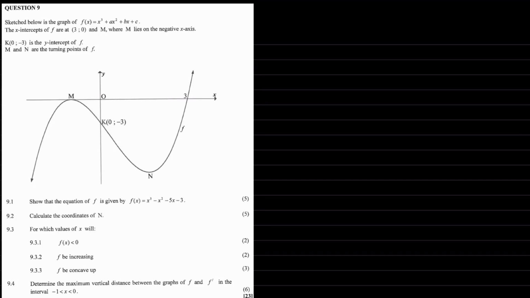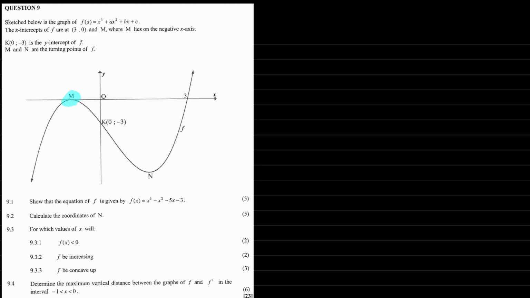Let's take a look at this cubic functions question. The question reads, sketched below is a graph of f of x. The x-intercepts are 3, 0 and m, where m lies on the negative x-axis. K, 0 and minus 3 is the y-intercept. M and n are the turning points. And that's important because